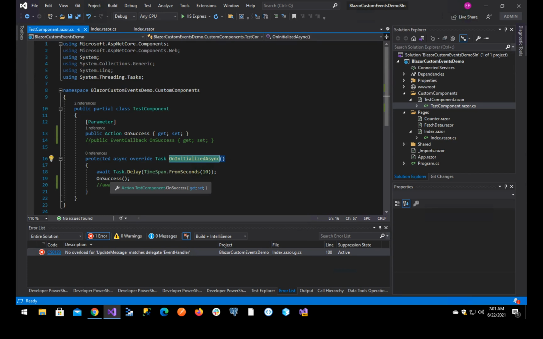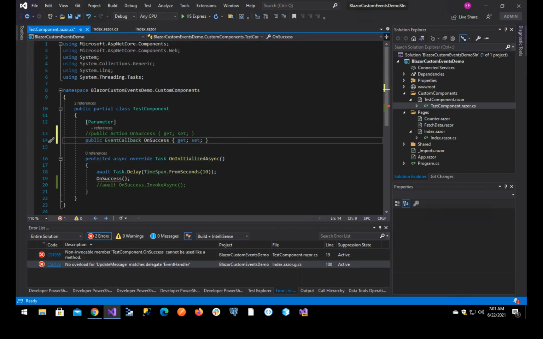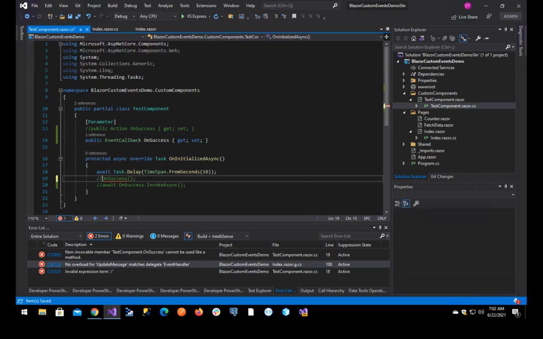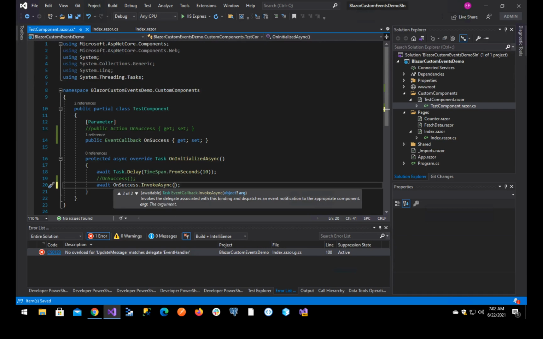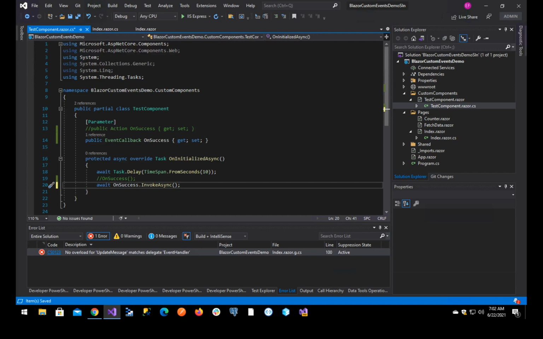Now we can go the other way, and we use an event callback instead. Since we are using a different type that has different methods, we need to change the way in which we call it. In the case of the event callback, we invoke it using the variable name dot InvokeAsync, right? And if you want to pass parameters, you can pass them in there. You see, it has an object array. Also, if you want to use strong types for the parameters,